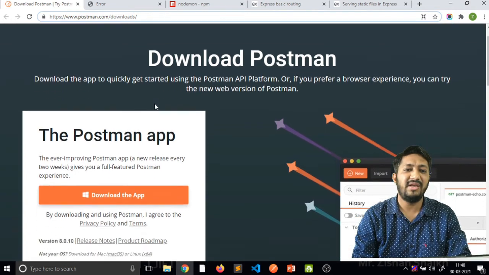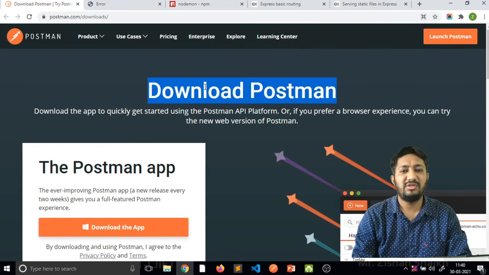That is easily traced by the Postman software. There are different versions available: you can use a Chrome extension on the web browser, or you can download the software.